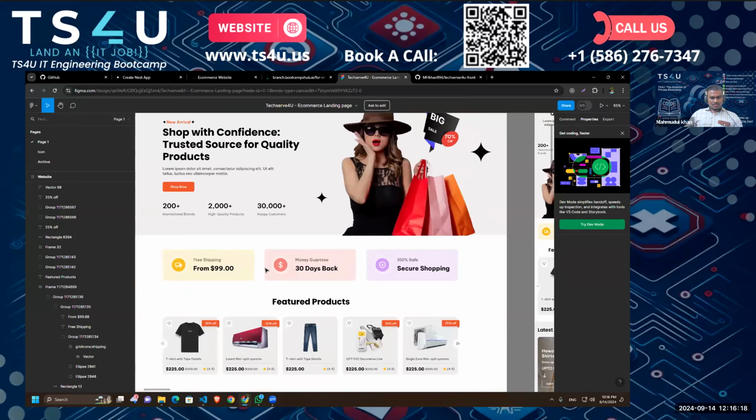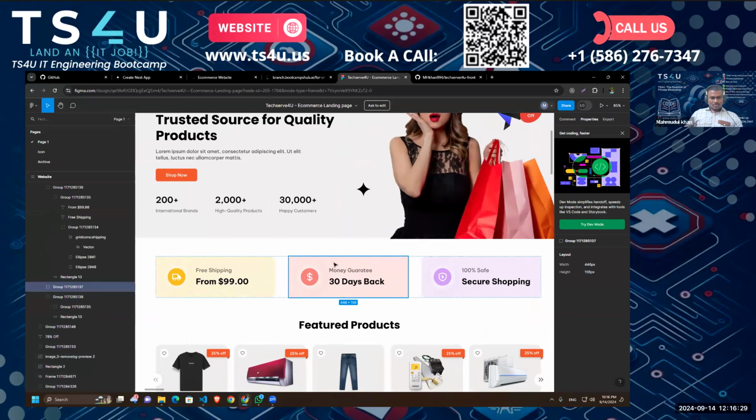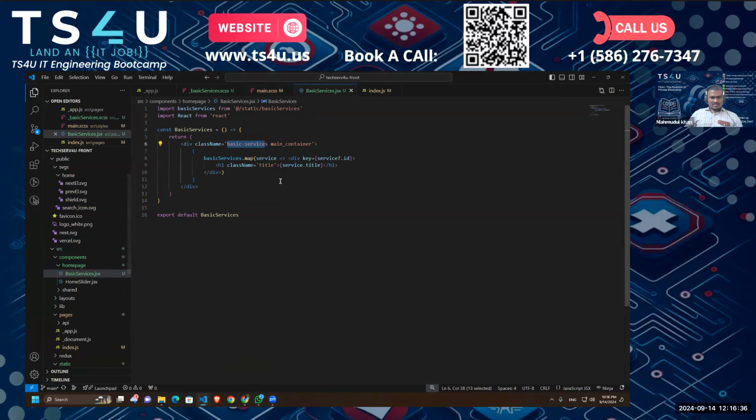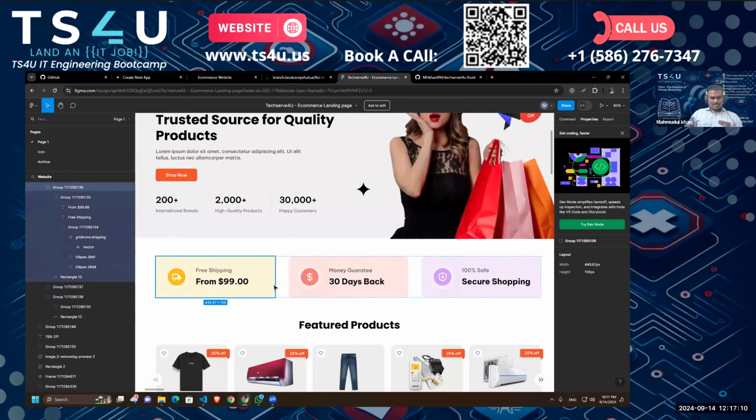Okay, so we have three cards with the same style. So what we want to do is add some common styles, right? So let's go back to our basic services and give each of the cards a class name. Let's say info item, right? So for each of our, let's delete this. So for our info item, let's say,